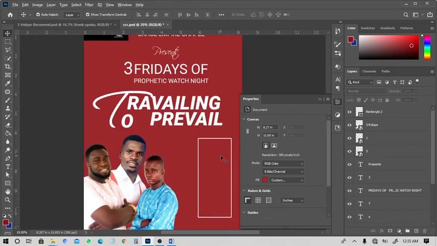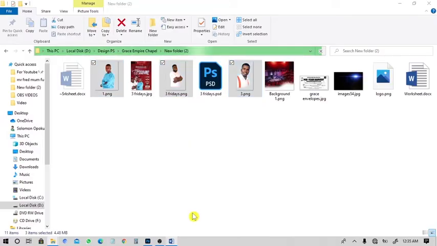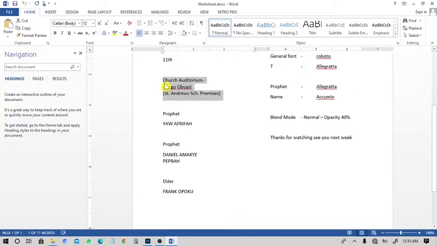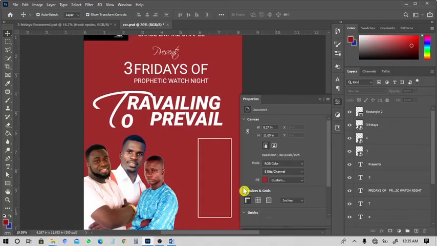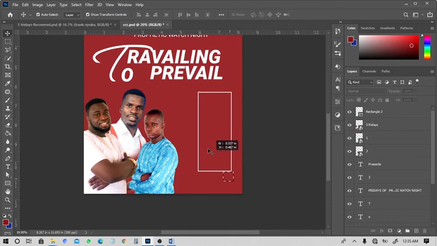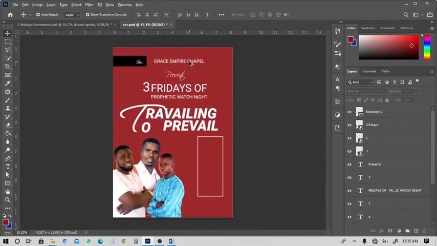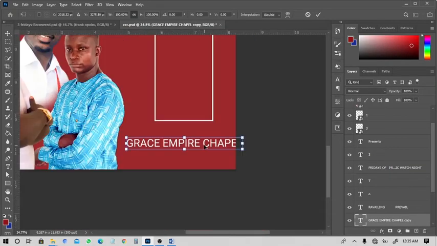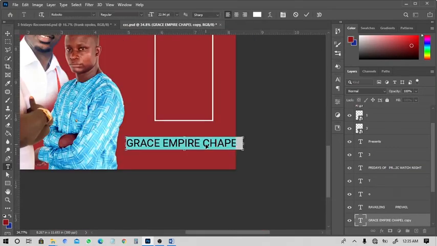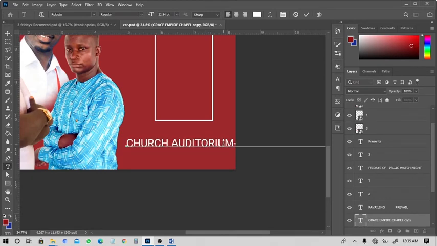Then from here I'll go back to my worksheet, grab my location, then come back to the design and place my location before I do anything else. So I'll make a copy of the church name, double click on it, highlight it and paste the name of the church over it and break them accordingly.